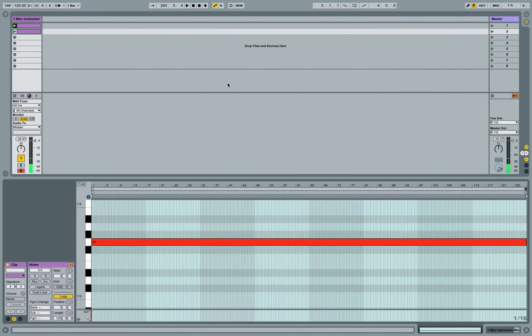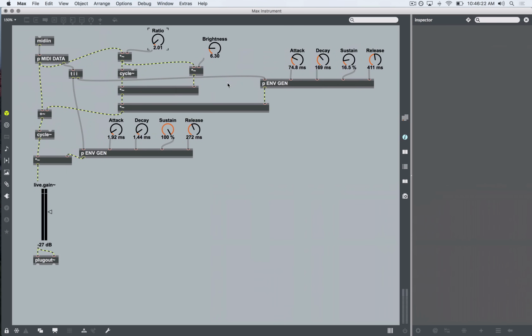So the world is really kind of limitless at this point. We're going to keep things simple, but just kind of throw some things at you. You can imagine that now we could change all of these values here so that they're not just stationary values, but we could actually add envelopes to those values as well, so that we're not just going constantly every time 2.01 is the relationship of our modulation frequency to our carrier frequency, but actually have that ramp up and down over time using an envelope. So not a small stretch of the imagination there to start to collide those two worlds together, but let's keep it simple. So this is going to be the basis of our sound generation